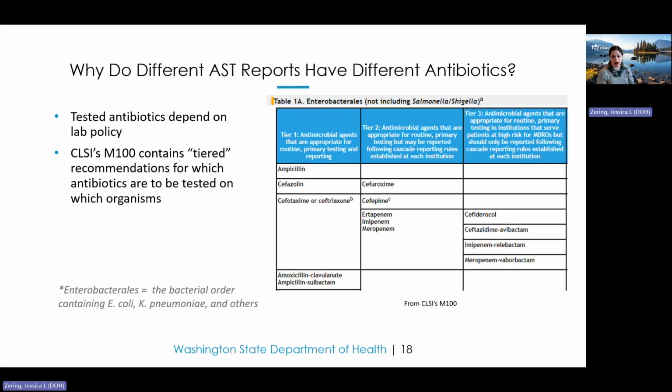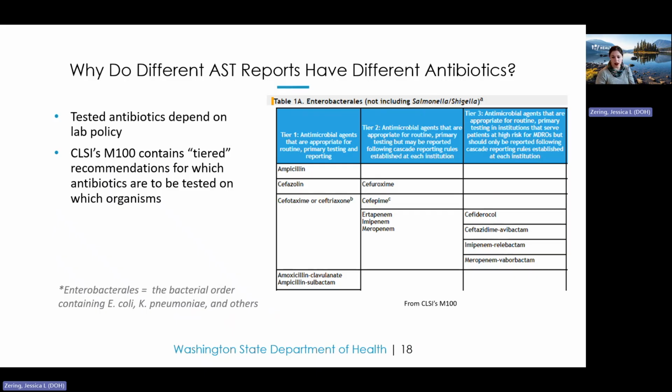Tier 2 antibiotics. If the lab finds that an organism has a lot of R's next to the antibiotic name, then those antimicrobial agents that are in tier 2 may be what they test for susceptibility to next.